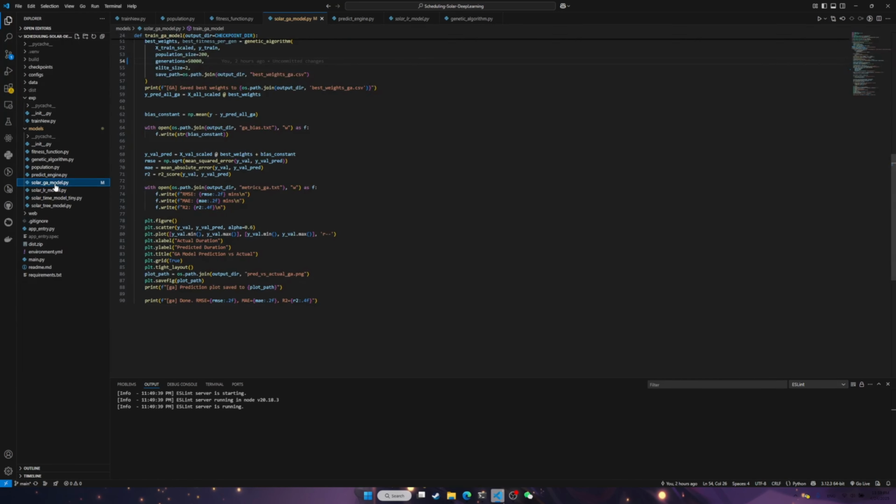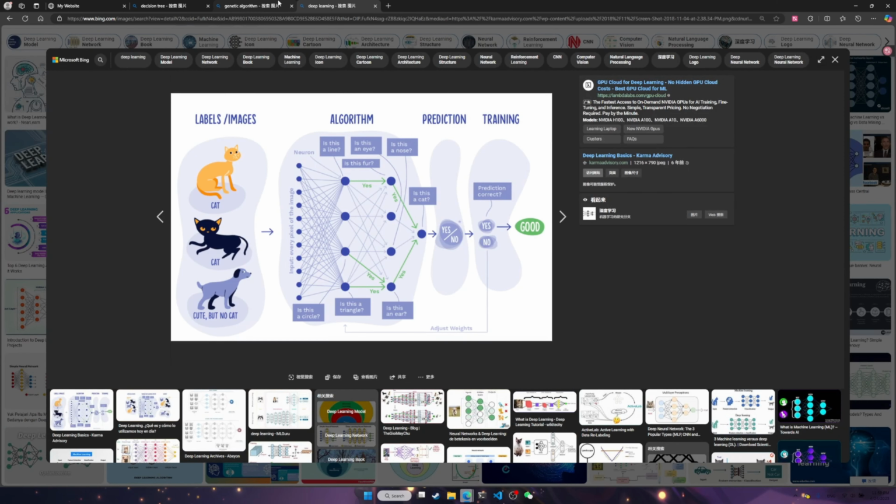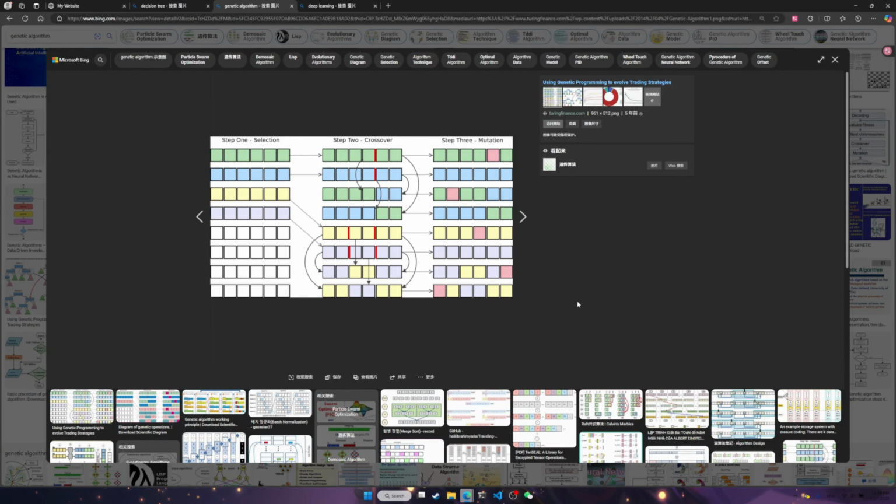And the last one is our genetic algorithm model. To explain the genetic algorithm, we are also using graphs. For example, we have like 300 lines of data. Here we are doing selection, and after that we are using the fitness function to evaluate each line to find the best fit, which means